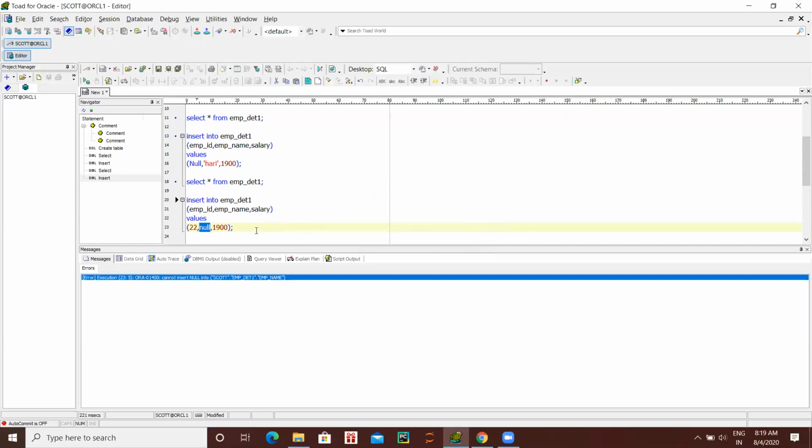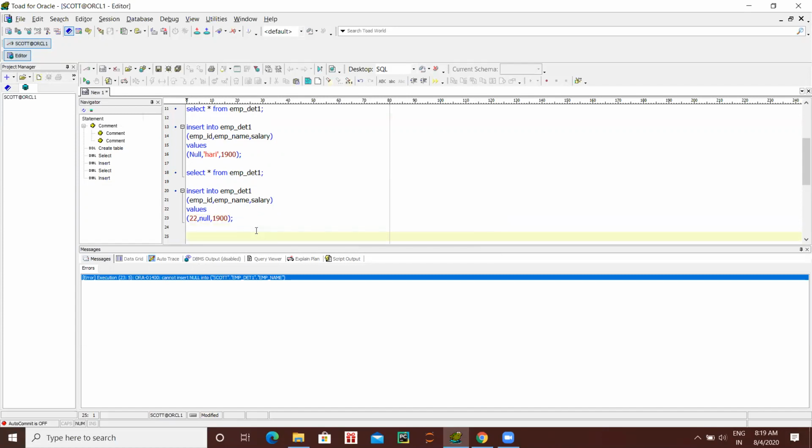This is how it works. When filling in an online form, there are mandatory fields that you cannot leave blank. That is nothing but a not null constraint. You have to mention something; you cannot leave it blank. So this is your not null constraint. All clear, or any doubt in this?